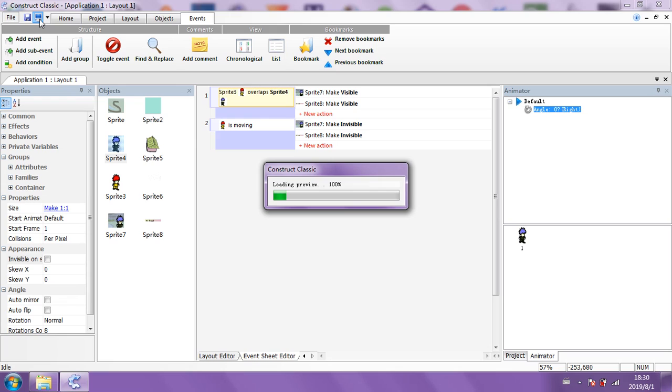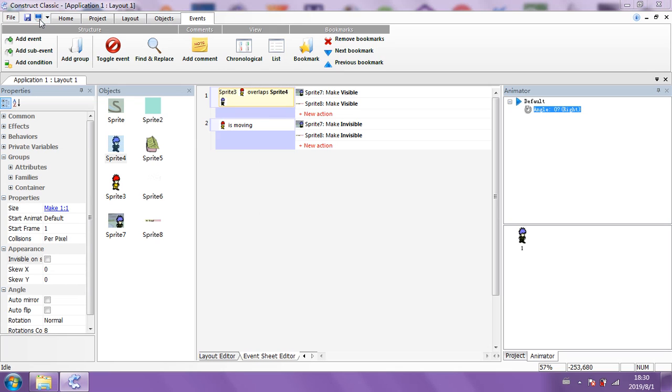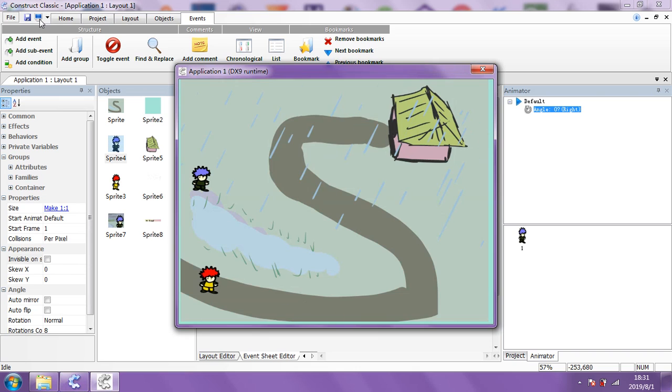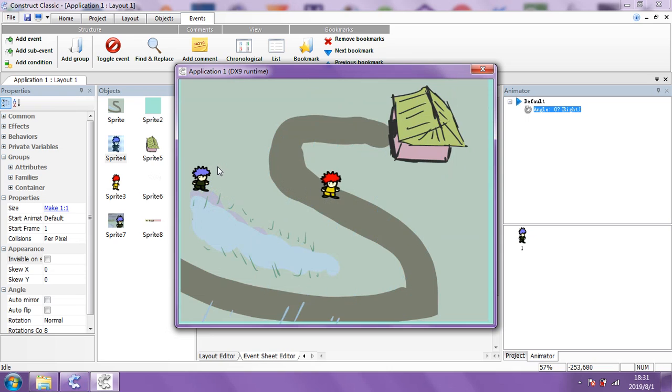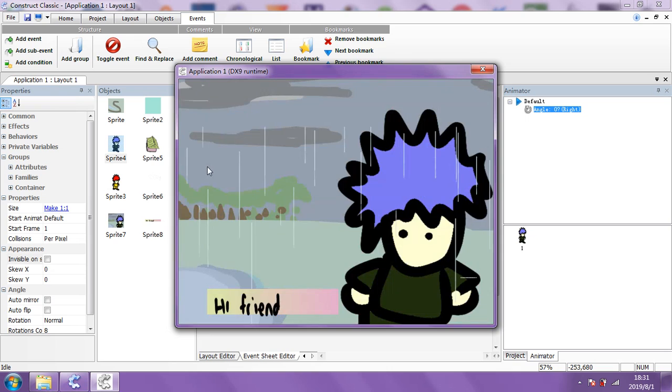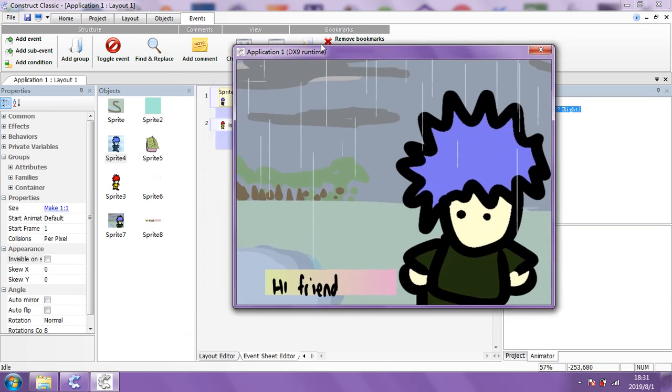Let's give it a test. I pressed that one instead this time, but it should be the same. Rather than colliding with it, but it should always work anyway. Let's just go there. Yep, okay, so there we are, and it shows up. We've got the animation and everything. If I press the arrow, it's just going to move the character. So I walk away, and if I walk over to him again, he's going to talk. Now, I could make a different thing happen, like I press a button and it works.